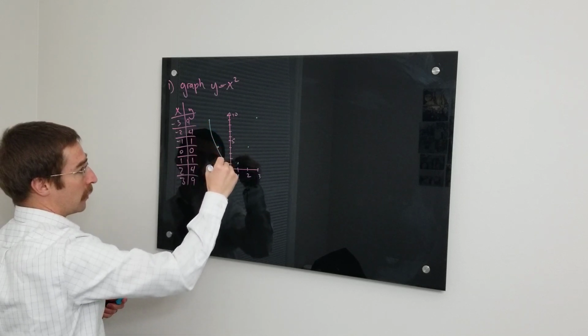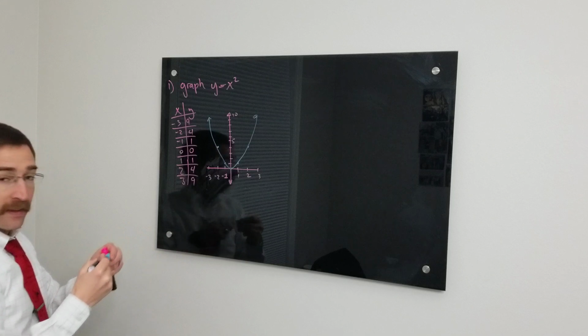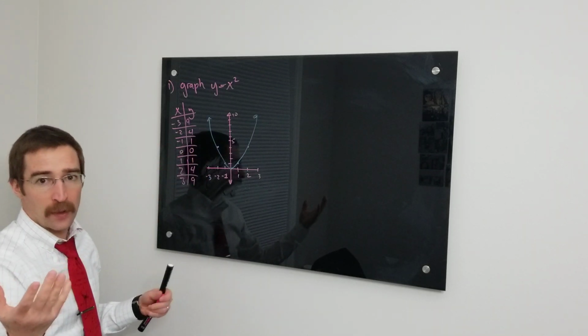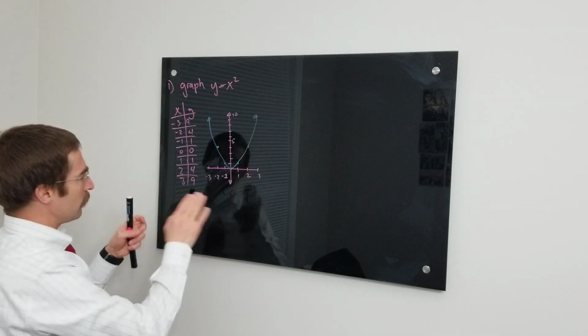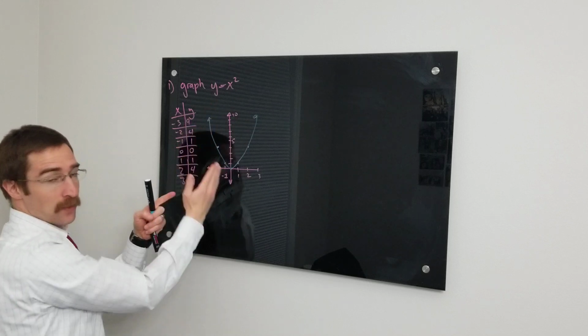And we get basically that. It'll be a little bit more exact if you do it on a graphing calculator or grid paper. But you'll notice we have our vertex and axis of symmetry right here at x equals 0,